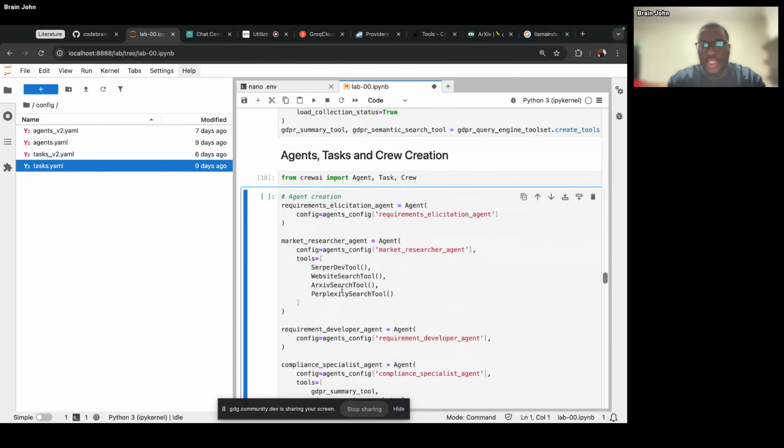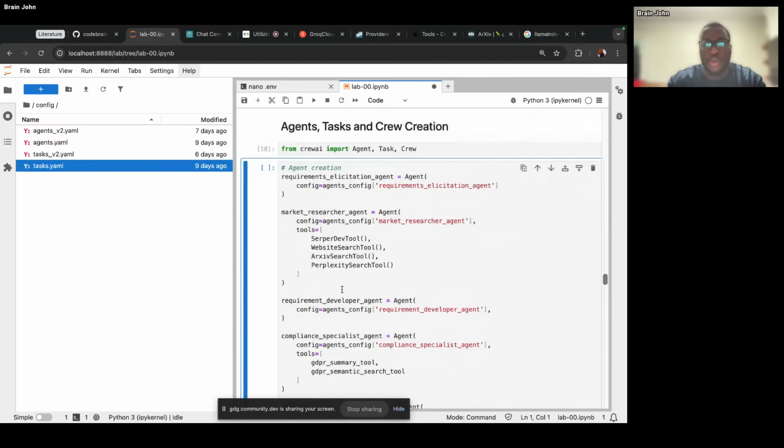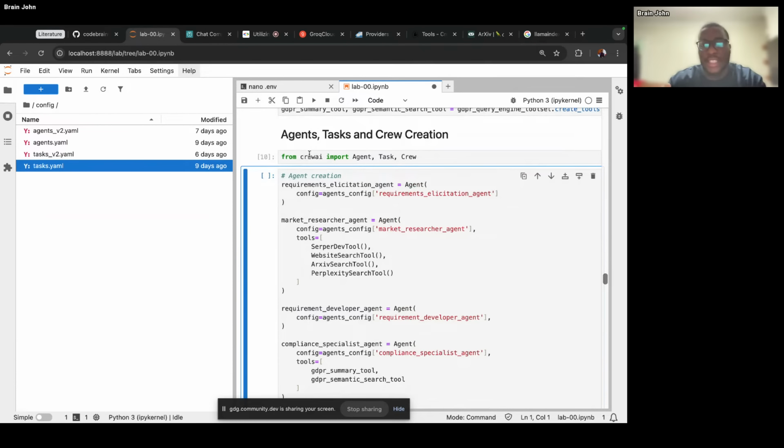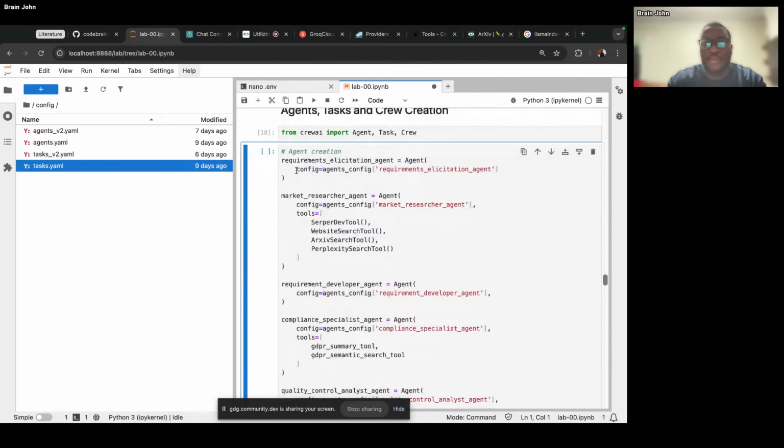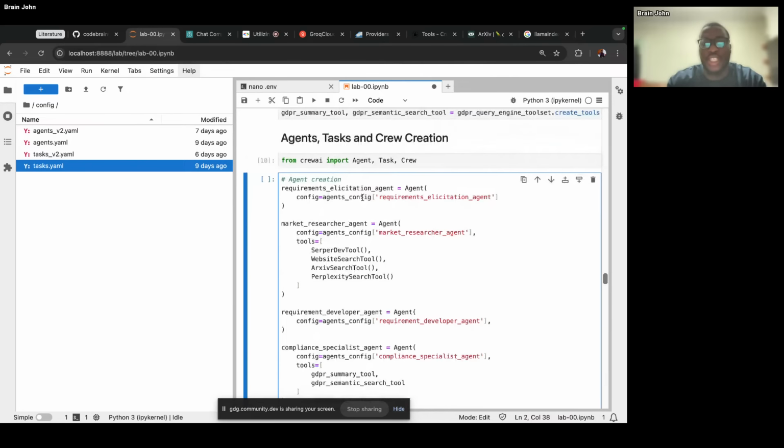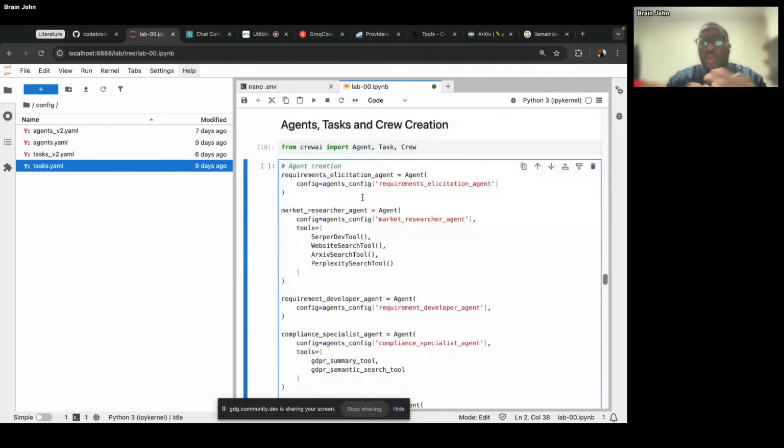Next, we import Agent, Task, and Crew from CrewAI. So here we now define the agent properly. Based off the config file, we use Agent to define them, as well as give access to the tools they need. For example, the requirement extension agent, we are providing the inputs manually, so it does not have a tool. It's not compulsory for an agent to have a tool. If it does not have a tool, it's going to use the inherent knowledge of the LLM to